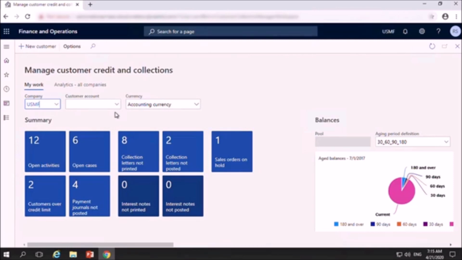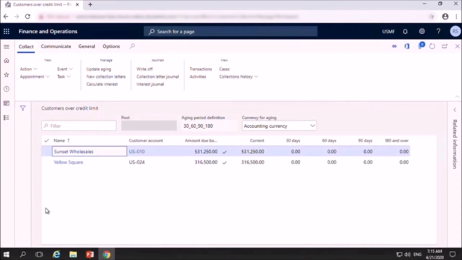If you don't specify any customer here, then you see there are plenty of tiles which show the various open tasks. Say you want to see customers over credit limit, so you press it and it will generate the list of the customers which are over the credit limit.